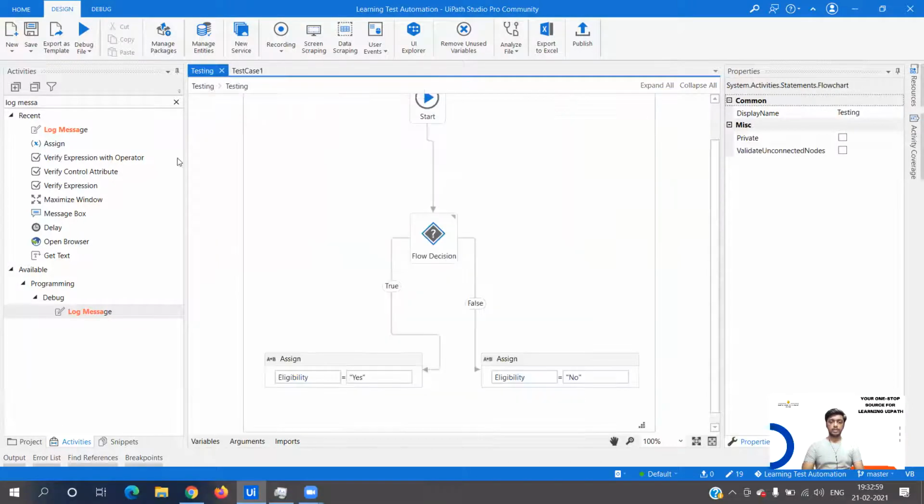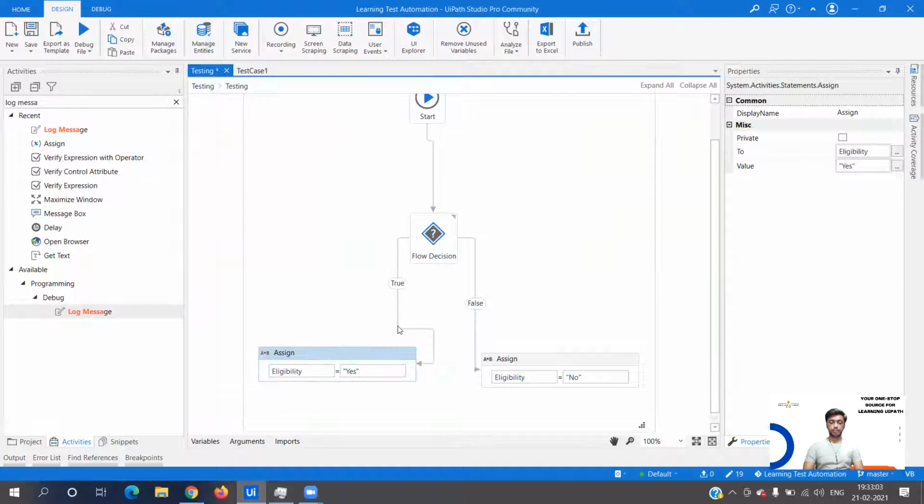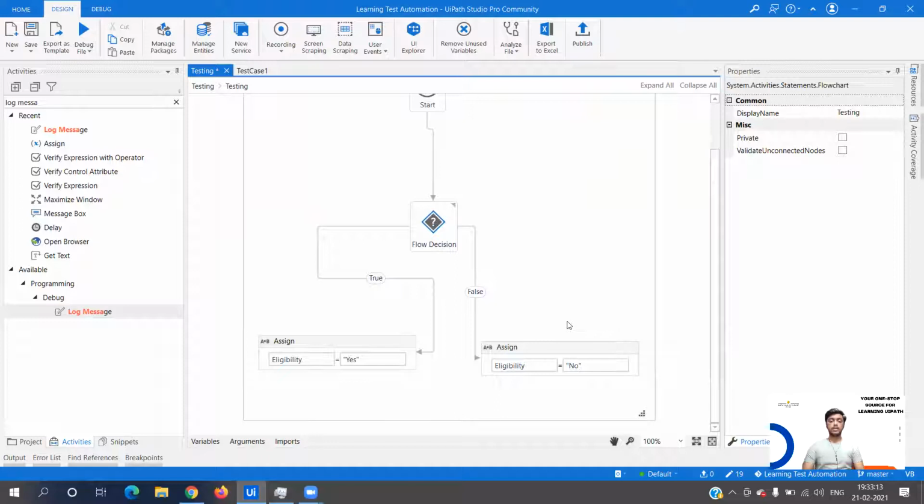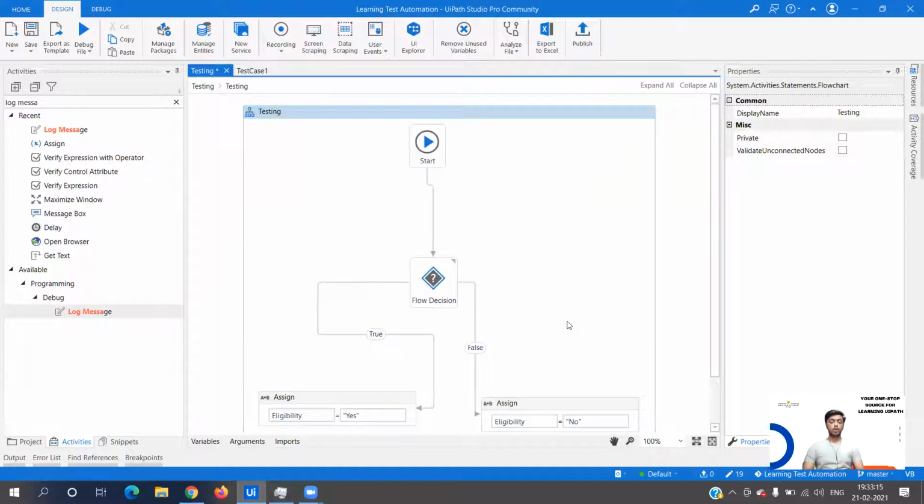Okay, so now let me show you the workflow that I have built. This is a very simple workflow that you can see on my screen. In this workflow, we take salary as an input, which is going to be our test data.